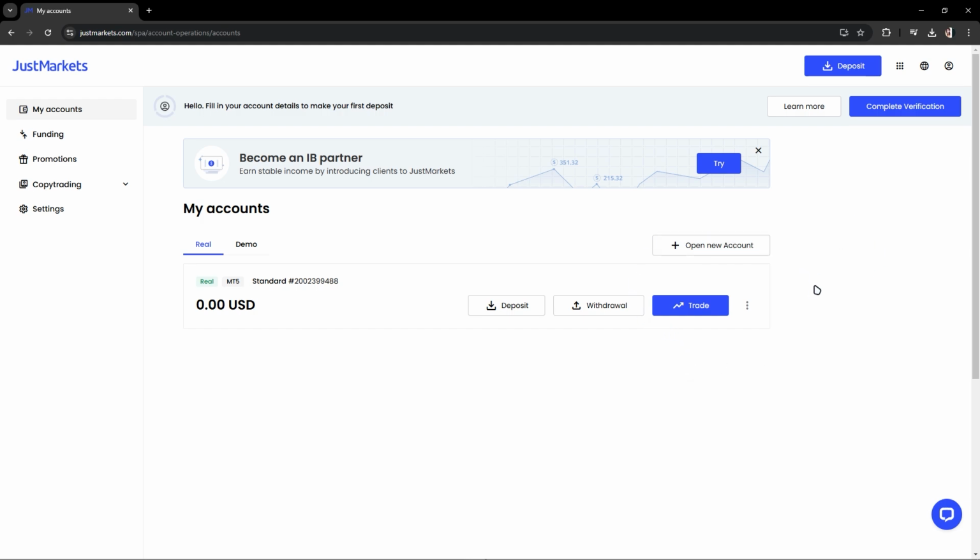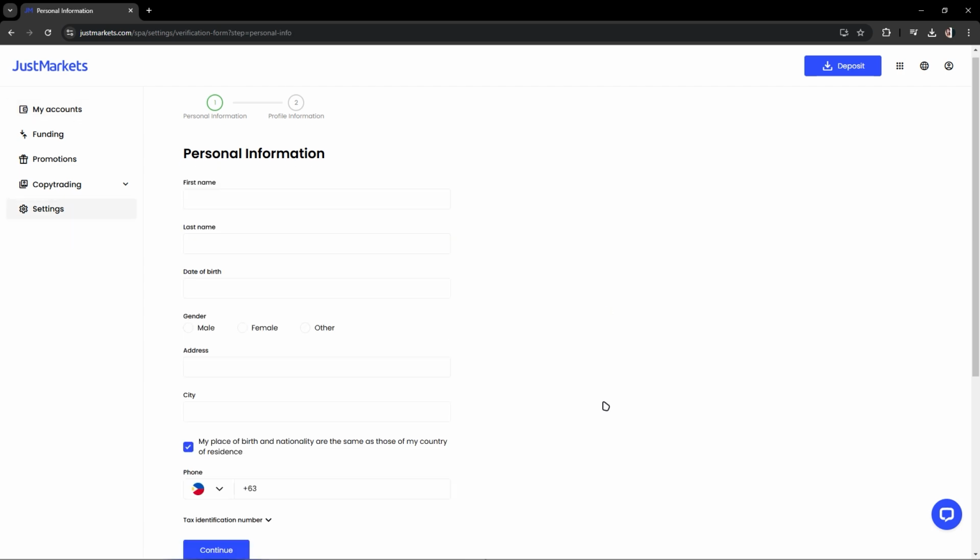And once you have logged in, just go to your account and this is what you will see in your account. Now, what you want to do is just click this withdrawal. Once you are in the display, you could just